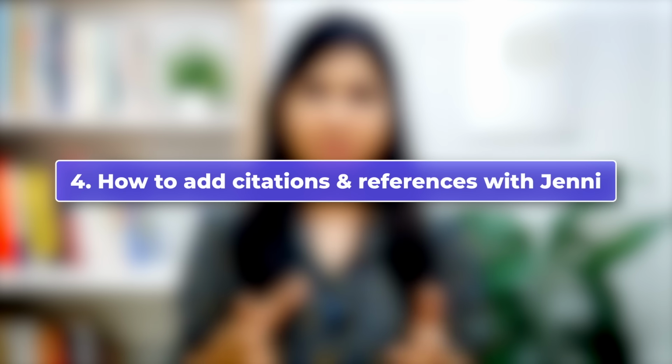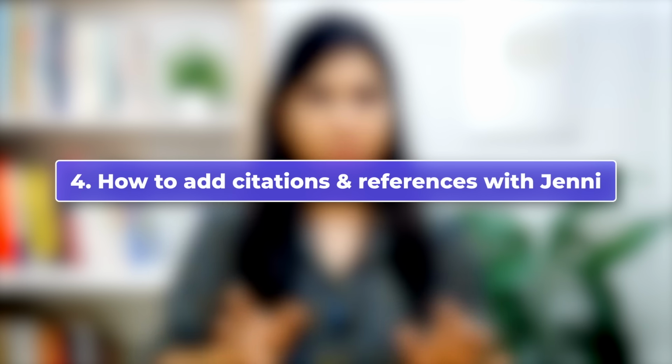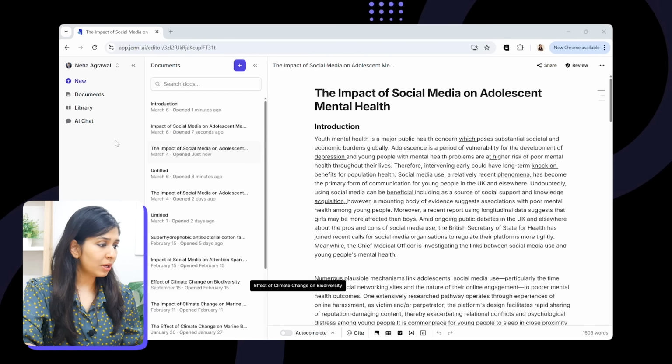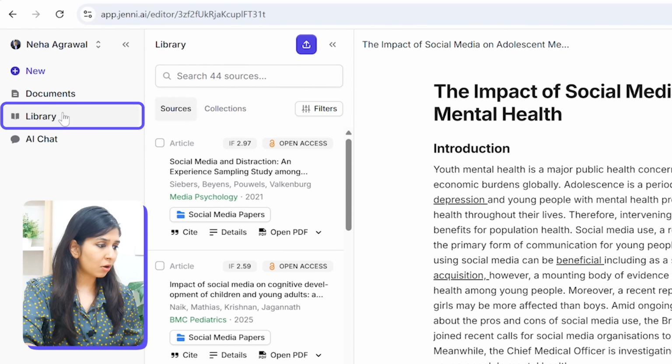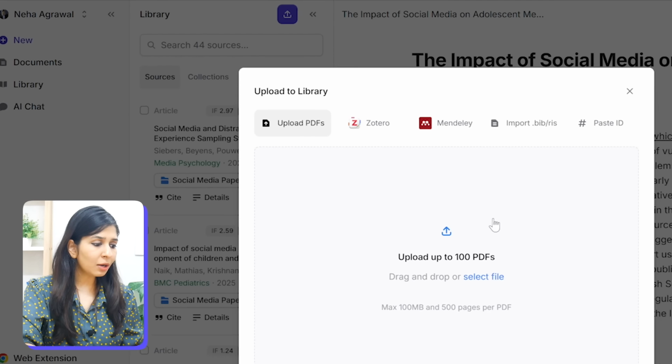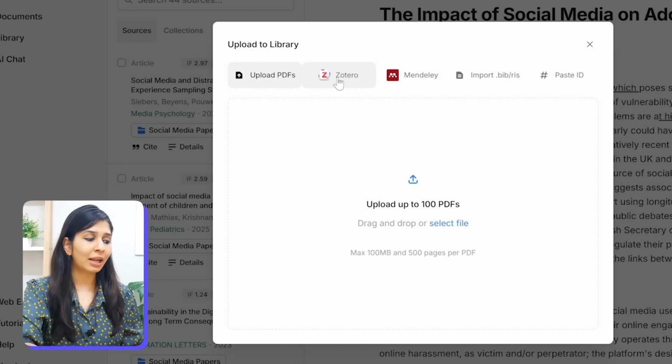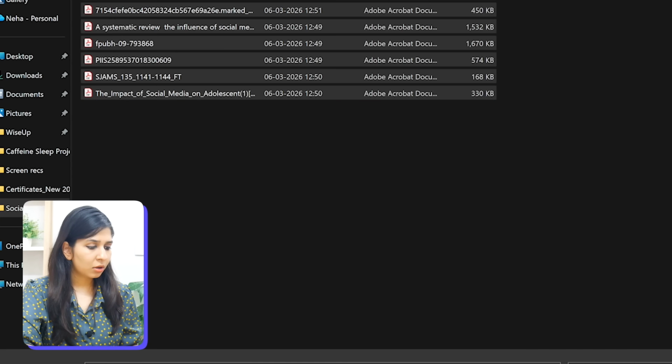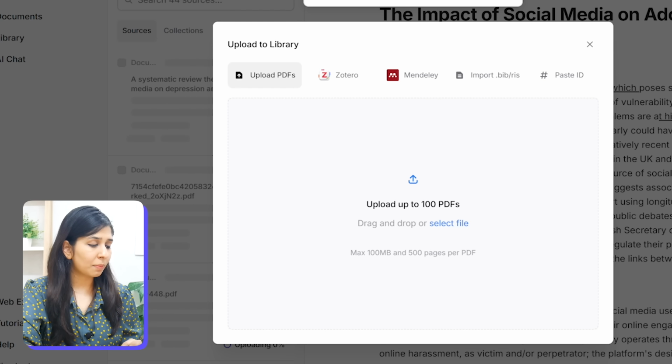Now, after refining the text, you can move on to adding references, which is again very convenient with the help of Jenny. So here what you can do is first upload your papers onto the library. You can do that by simply uploading PDFs or connecting your reference manager as well. Here I'm uploading my papers onto the platform.